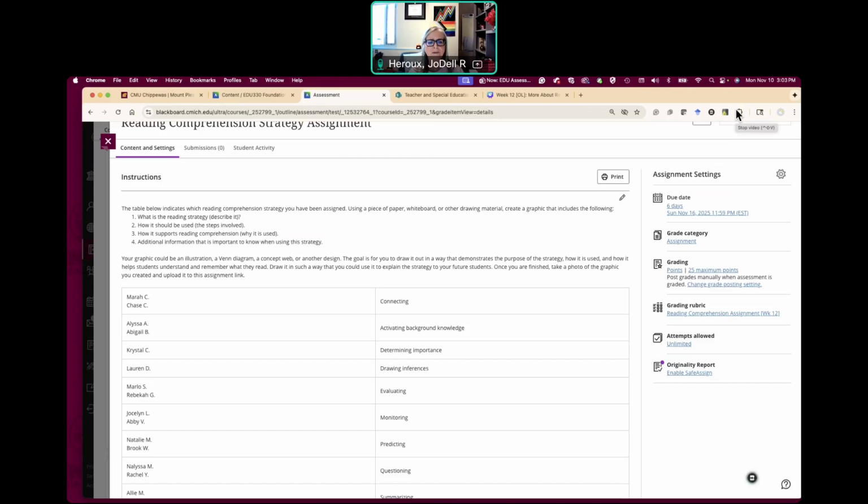So let's say you're doing connecting as a strategy. In your textbook, connecting says that students add text to self, text to world, and text to text connections to help them make sense of text. So you can get more information about the strategy in your textbook. You can also do a little bit of research on your own, and then think through, like, how would you draw that out in a way that would make sense to kids, like what the strategy is, how you would